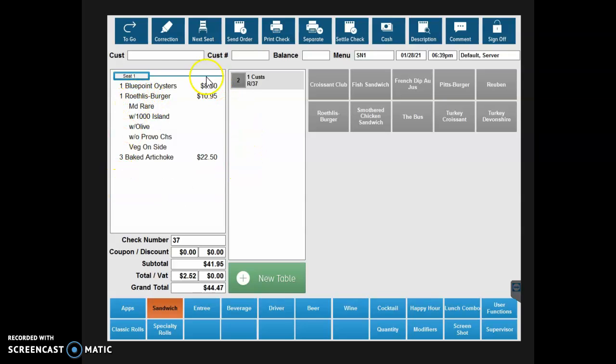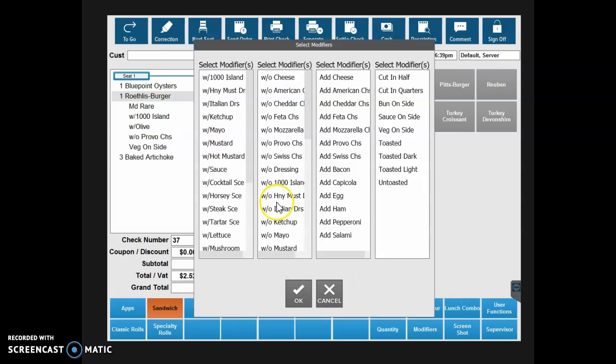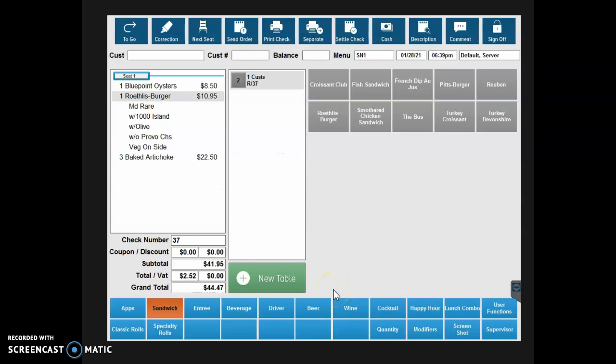Now, if I want to see the modifiers for an item, let's say, okay, no, I go back. I want to just see all the modifiers. I'll select the item. I'll go down to modifiers, and here's where it will walk me through all of the modifiers on the items. Once again,